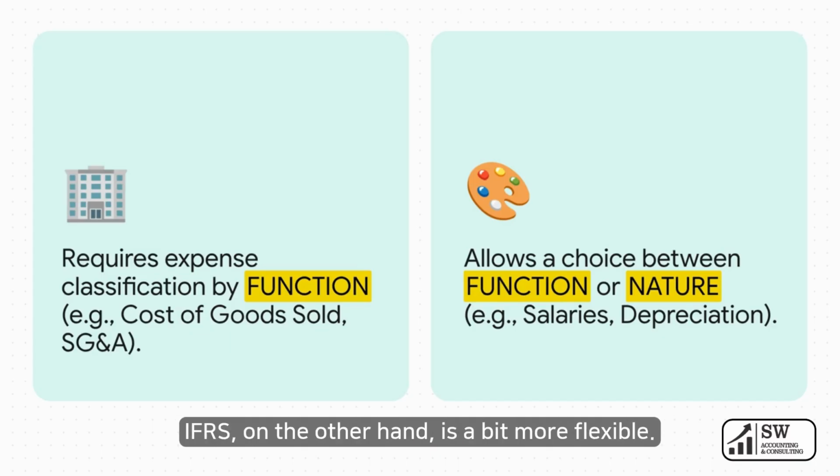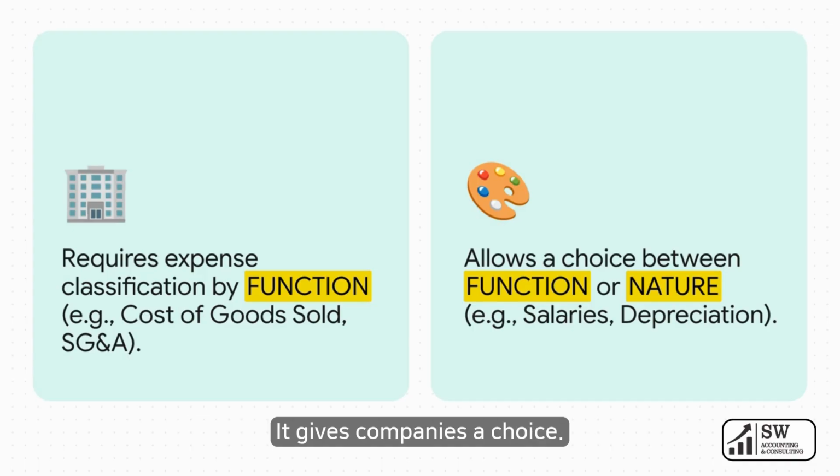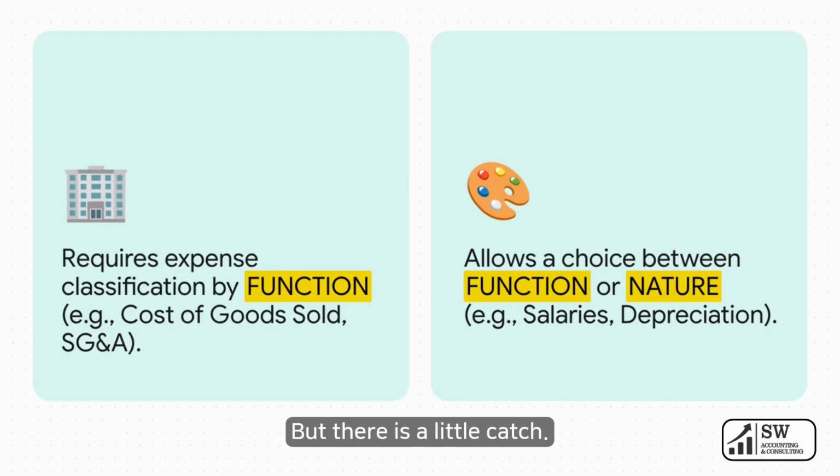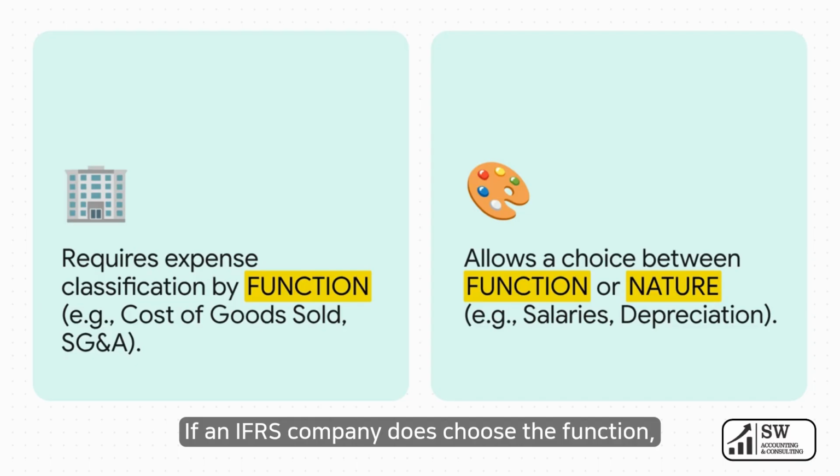IFRS, on the other hand, is a bit more flexible. It gives companies a choice. You can present by function, just like in GAAP, or you can present by the nature of the expense, grouping all your salaries together, all your rent, all your depreciation, and so on. But there is a little catch. If an IFRS company does choose the function method, they still have to disclose the expenses by nature in the